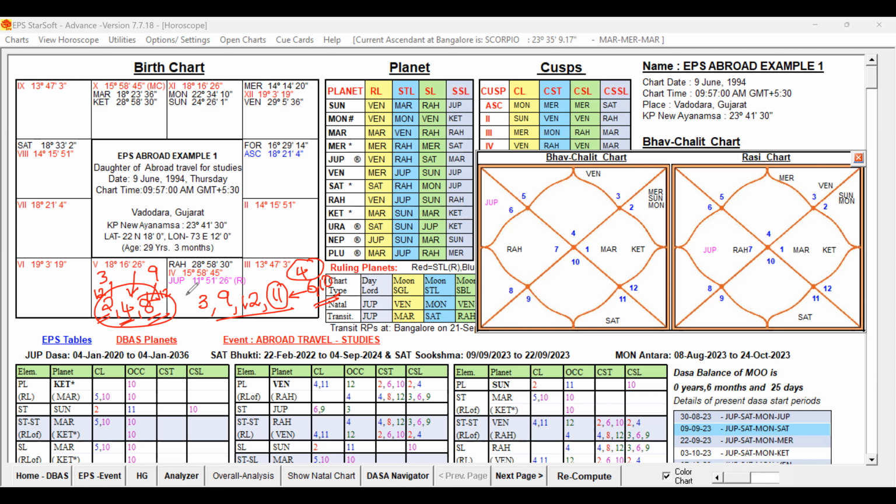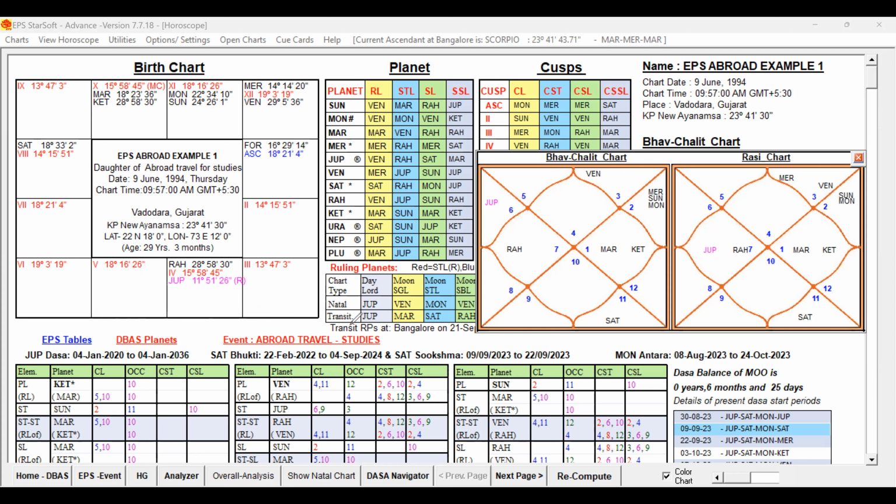It will support coming back to the homeland also. I have discussed all these points in the basic rules video, but I'm still explaining this in the first example, so that you will have some basic idea before proceeding further.